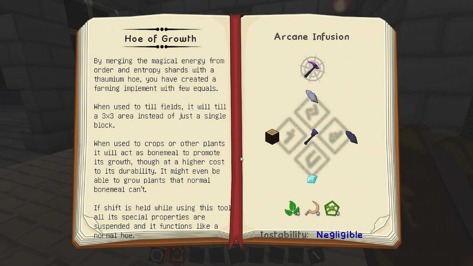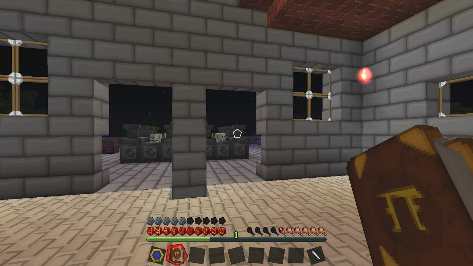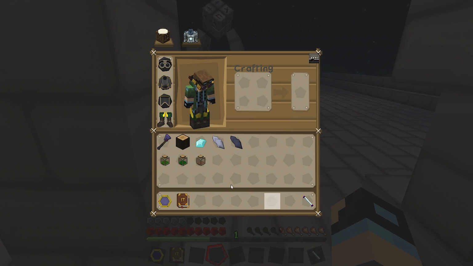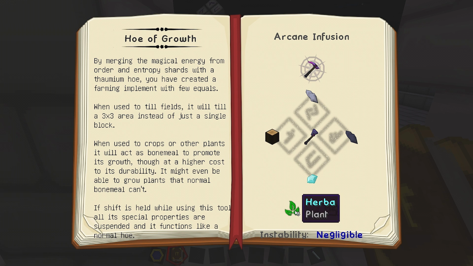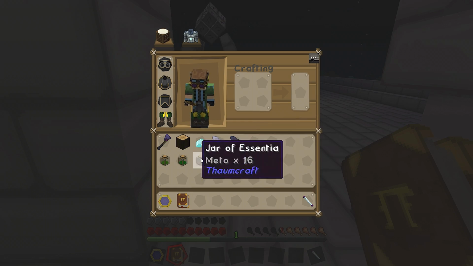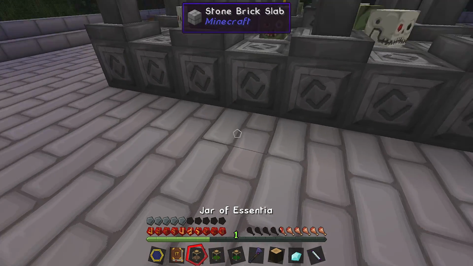So for this we're going to need Greatwood Log, Order Shard, Entropy Shard, a Diamond, and a Farming Hoe. Farming Hoe is just forming ingots with sticks. So once you've got those items, and you'll need 8 of Herba, 8 of Messis, and 8 of Terra. So once you've got those items, just put them into your